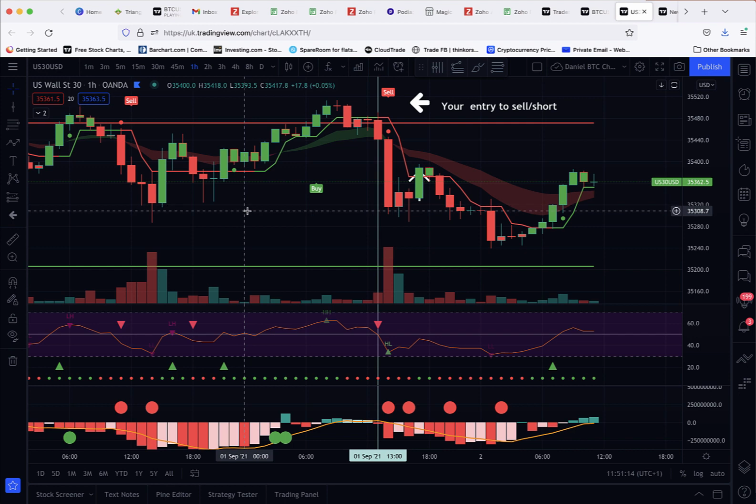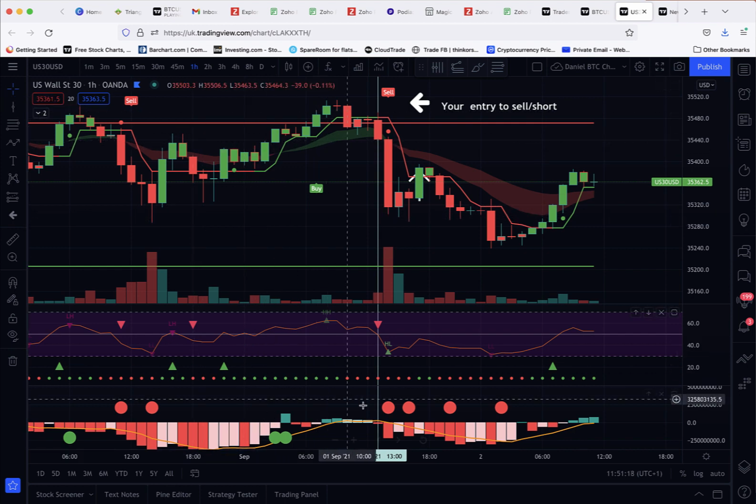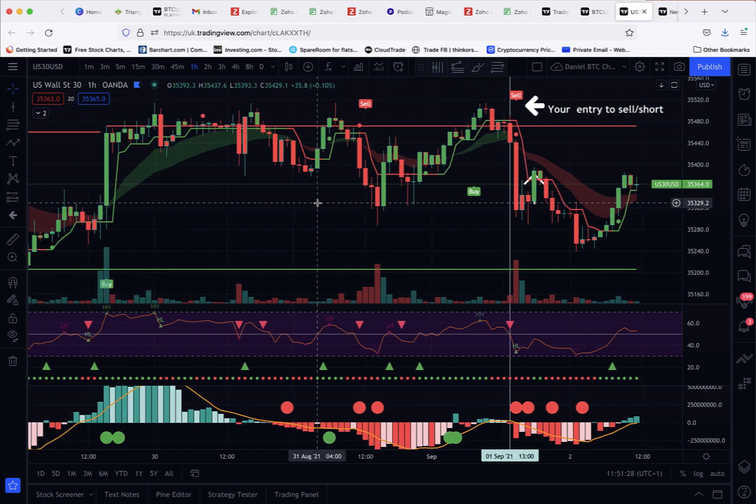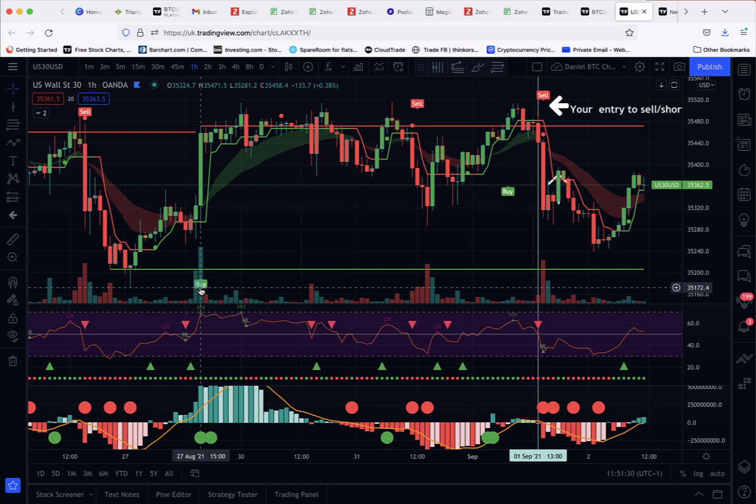Okay, so the indicator consists of three indicators. It's part 1, part 2 and part 3. This is the part 1 here, and we can see it has very accurate sell and buy signals. Let me show you the buy signal, for example, was here, and there was a very good one over here to sell. It works very well on crypto and Dow Jones and also on stocks,